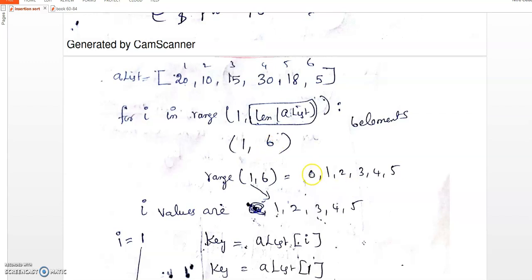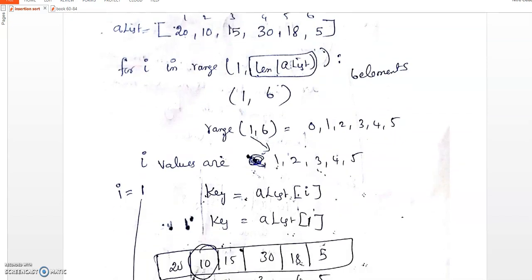Here by mistake I have given 0, but 1 to 6 means 1, 2, 3, 4, 5. So 5 elements; the i values are 1, 2, 3, 4, 5.